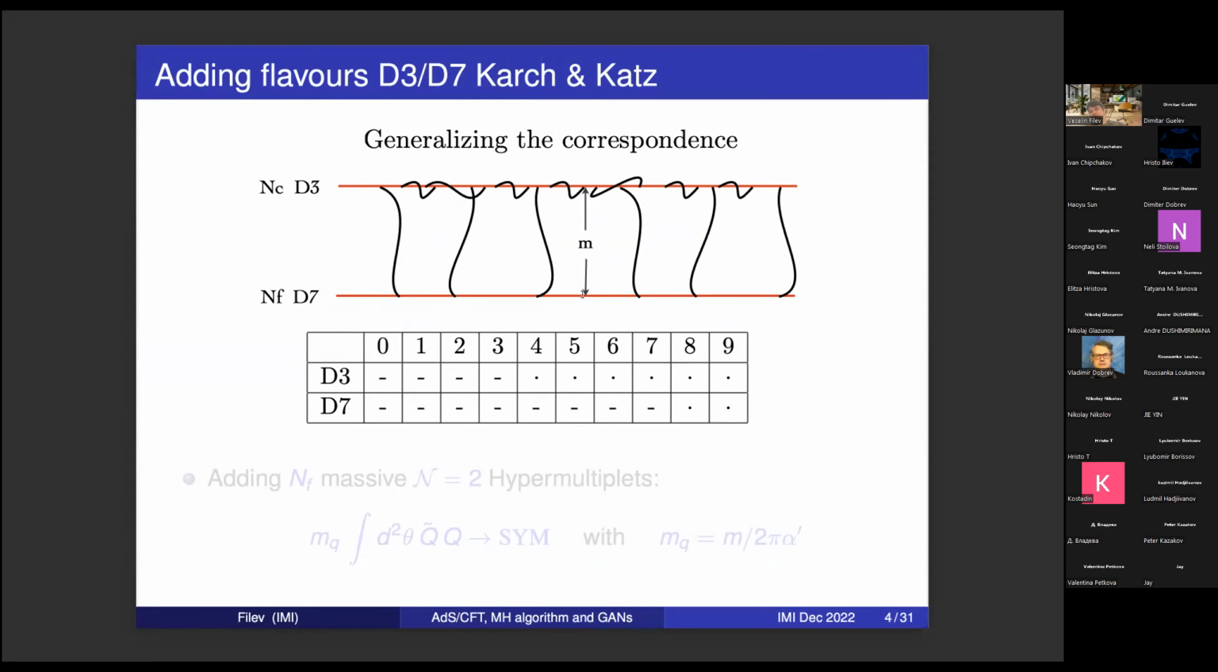Now, the original formulation of the AdS/CFT correspondence is built on studying D-branes, which are D3 branes, that's the idea. And the D3 branes are dual to N=4 super Yang-Mills, and in particular, these strings that are connecting the